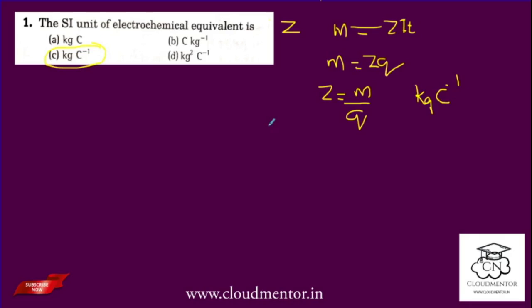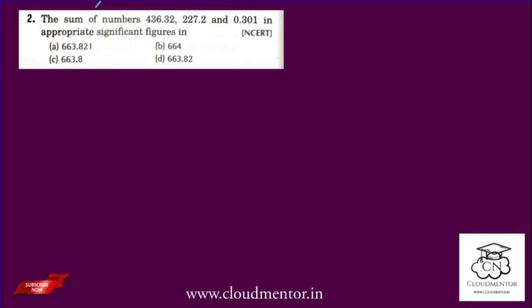Yes. So let's look at the next question. The sum of the numbers 436.32, 227.2, and 0.301 in appropriate significant figures, options are given. Here the sum of 436.32 and 227.2 and 0.301 is that we get